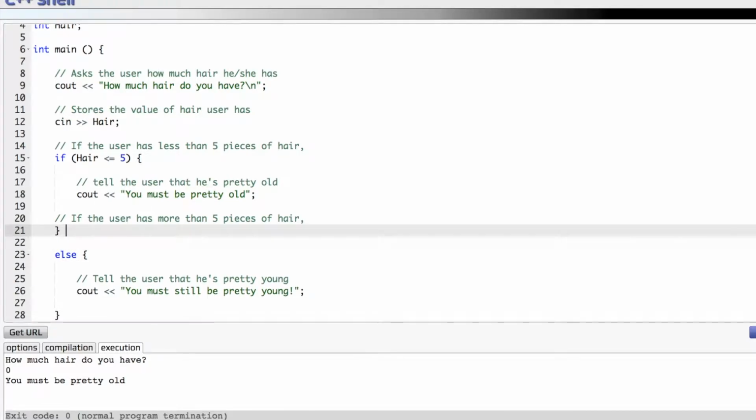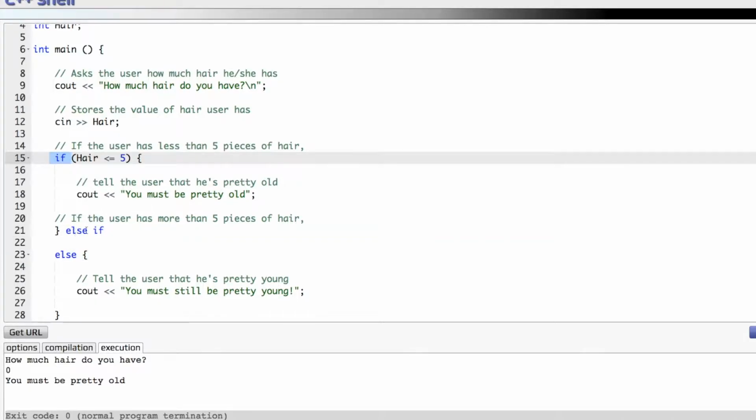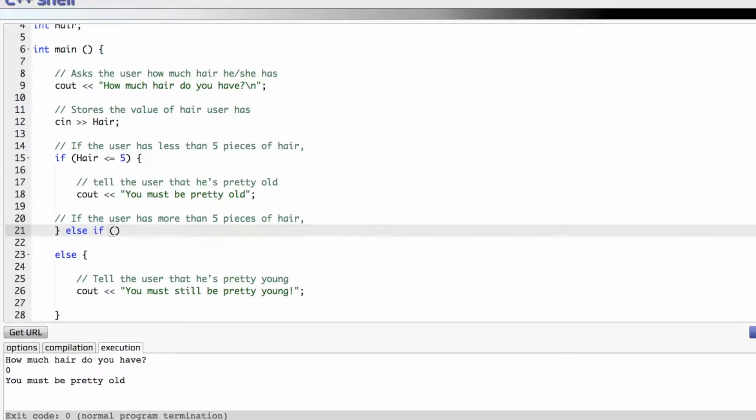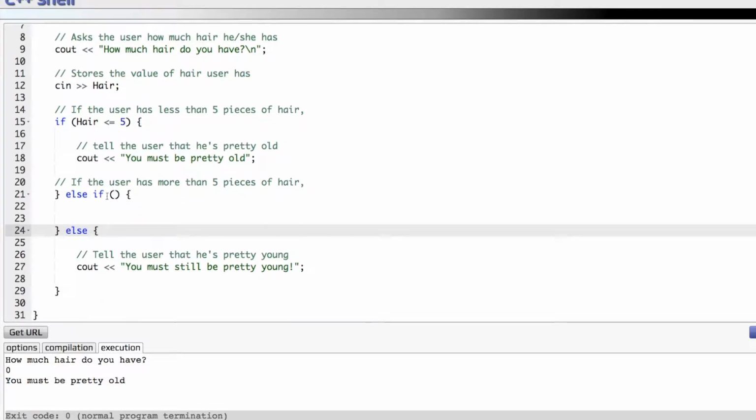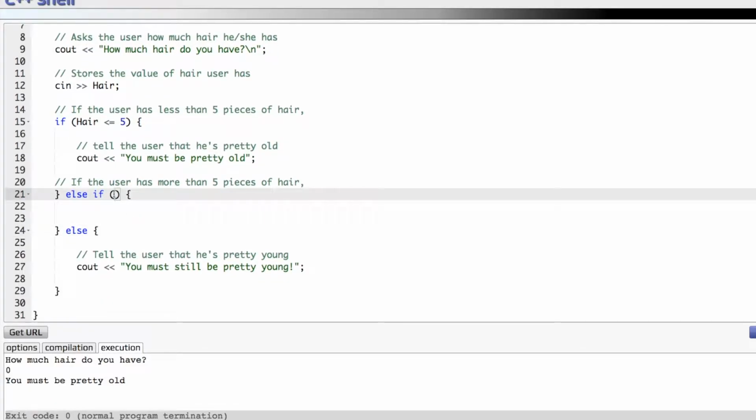So we're going to write else if. In between the else and the if, we're going to write another one, else if. This one will have parentheses, all right? And make it look just like mine, all right? Now, else if. So if the user has less than 5 pieces of hair,